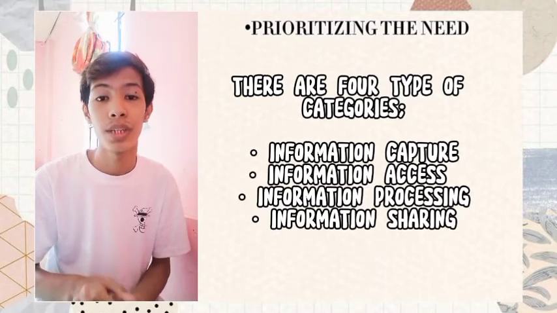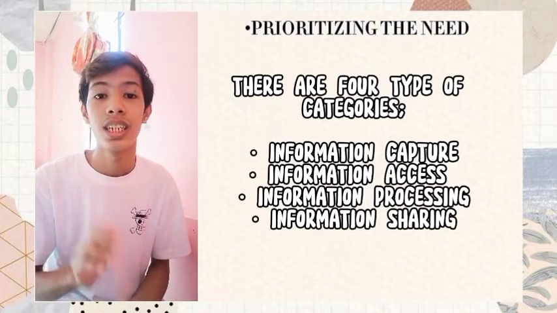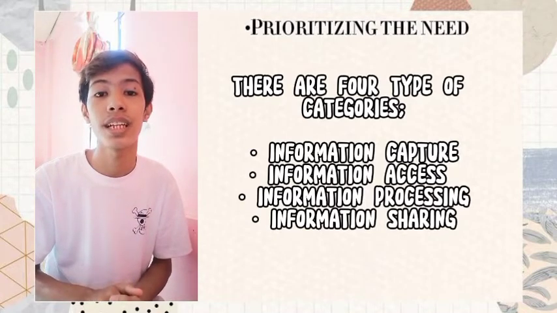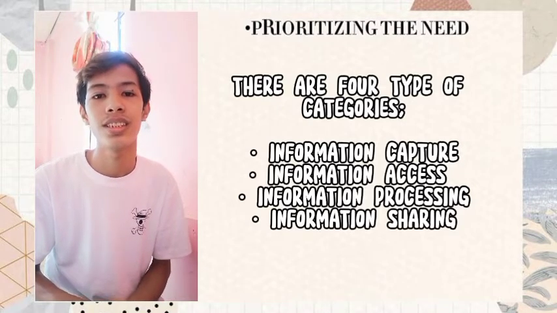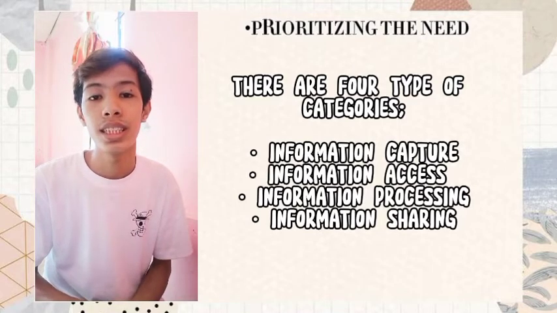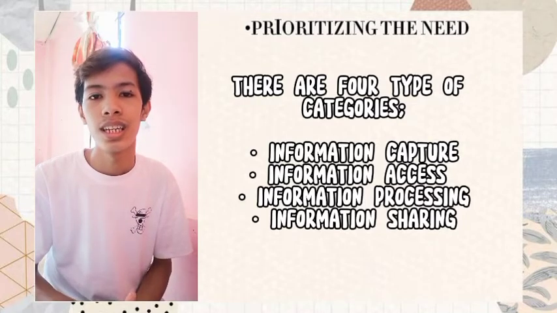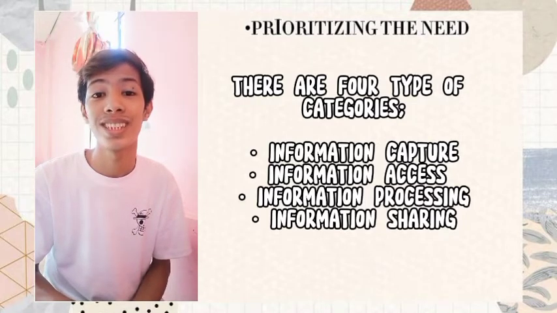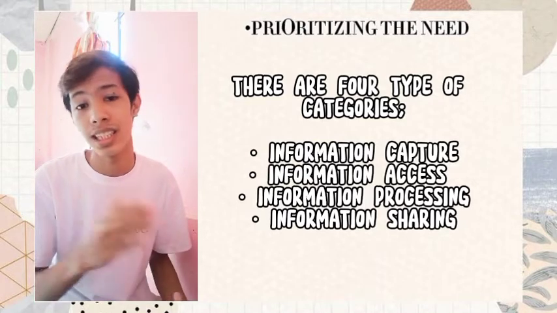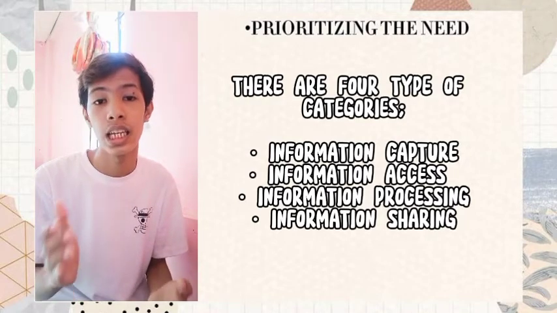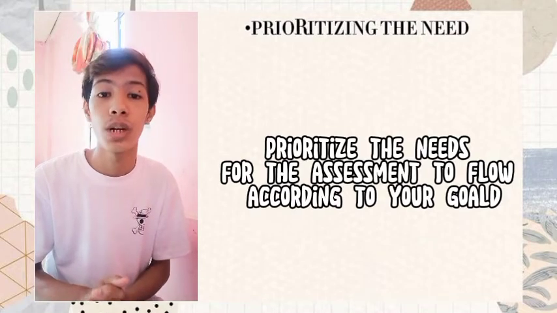Firstly, information capture, like students' grades and attendance. Secondly, information access, that gathers their personal access, like World Wide Web surfing. In addition, there is information processing capabilities, like, for example, the grade point average of the students. And lastly, information sharing, which is finding ways to communicate and get answers from the respondents, just like email or video teleconferencing. After that, you should prioritize the needs for the assessment to flow according to your aim